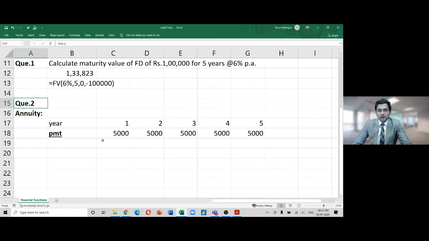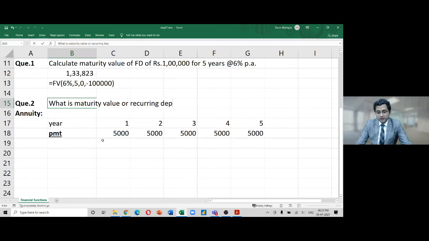So you open a bank account. What is the maturity value of a recurring deposit? You know, in banks and post offices, they have recurring deposits also. I'm sorry, what is the maturity value of the following recurring deposit at the rate of 10%